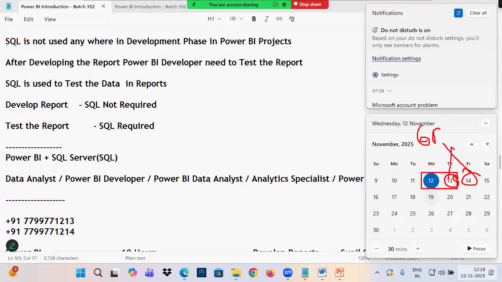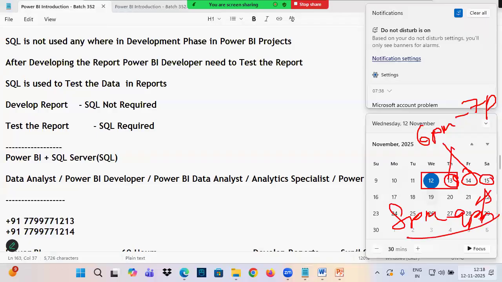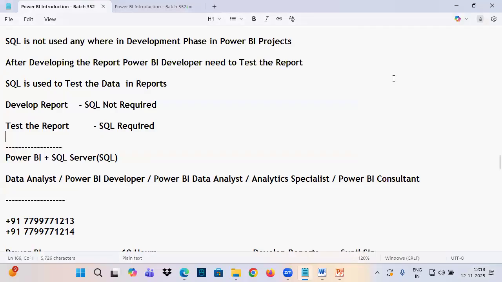Your class is 6 p.m. to 7 p.m. And from the next class, 8 p.m. to 9 p.m. for the next 2 months. Keeping in mind these timings, you enroll, right? Right, guys. Does anybody have any questions? Is this online or